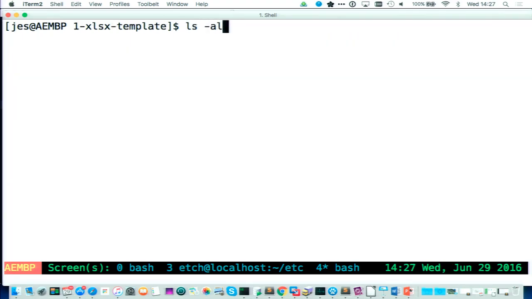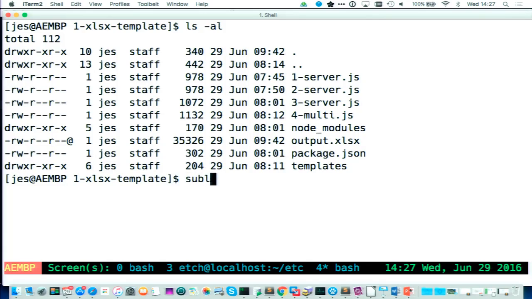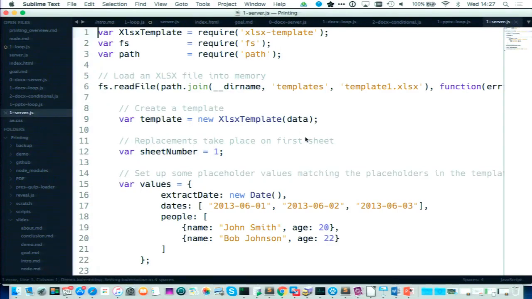Similar kind of idea here. Let's have a look at 1-server. All the code's going to be available on GitHub to look through. Question? If you put a field into your document and you don't include that in the data that's sent through,